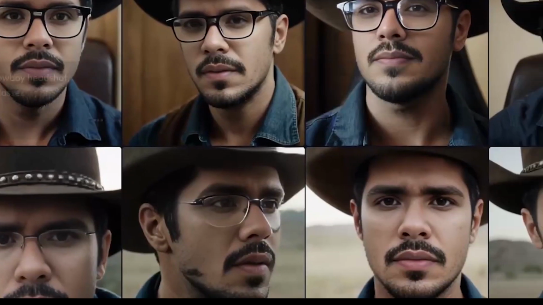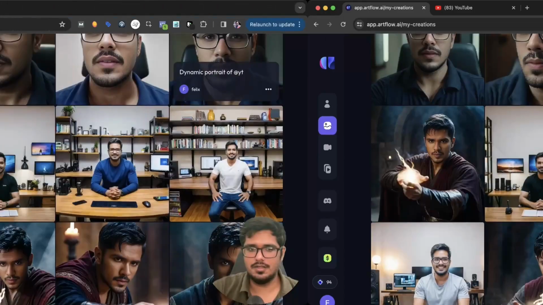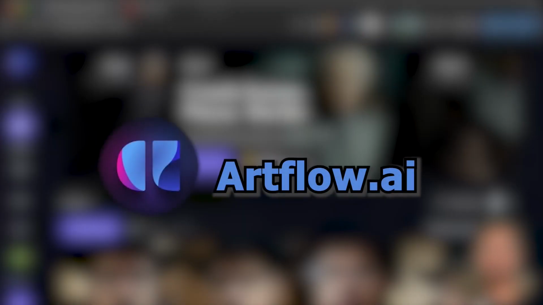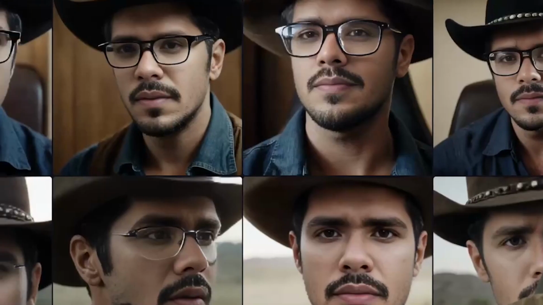All of these images are generated using AI without touching a single photo editor. All of these were done by a platform called Artflow AI. Prior to this, we used a method called Dream Booth that allowed you to train your face in the model